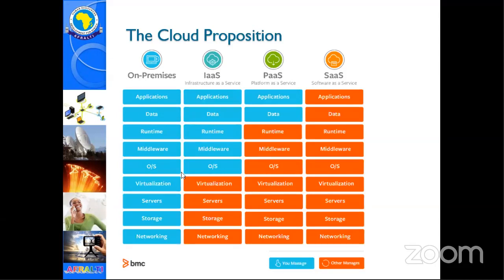However, if you're on infrastructure as a service and you are on Windows 2016, all the patching and updates and upgrades, that is your responsibility. Now, if you're an organization selling ice cream, you do not need to hire an IT guy to be doing all this work or even expend